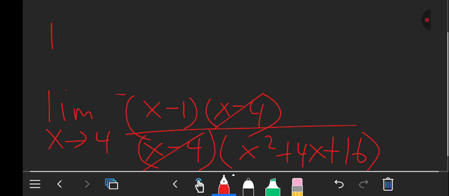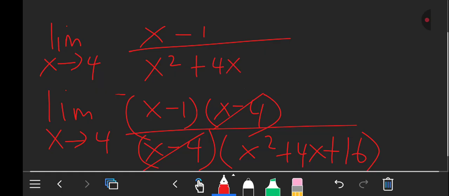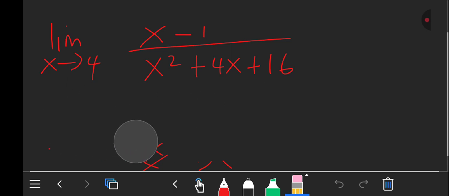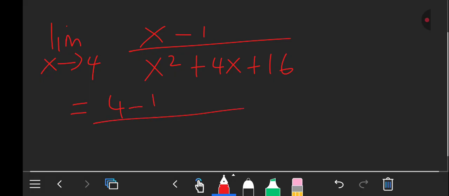is limit as x is approaching 4. So I'll remain with x minus 1 over, at the bottom I just have x squared plus 4x plus 16. Then I can get rid of this. Okay, at this point now I can substitute. Once you do the substitution, you forget this limit now. You get rid of the limit, so it will be equal to 4 minus 1 over